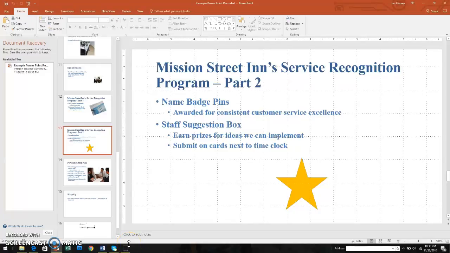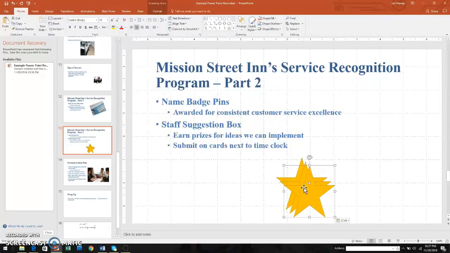Alright, so this is going to be the final video for our skills for the PowerPoint. What we're going to do here, we're on slide number 13. We're going to take the star and we're going to hit Control C. What that does is, we want to select it first and then hit Control C. And then what we're going to do is we're going to double the star up. So if you hold down the Control button and hit the V button twice, you will copy that star 2